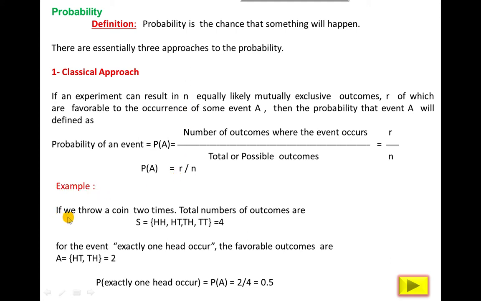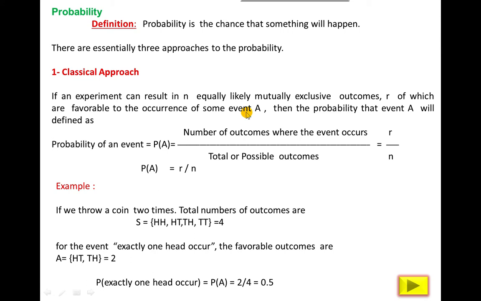For example, if you throw a coin, you have used this example in the definition of sample space and event. If you toss a coin 2 times or 2 coins 1 time, the total number of outcomes is 4: HH, HT, TH and TT. This total number of outcomes is represented by small n, r of which are favorable to the occurrence of some event A. You know that the event is a subset or part of the sample space,